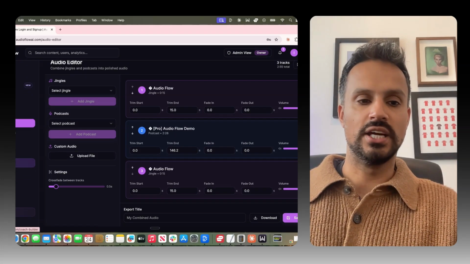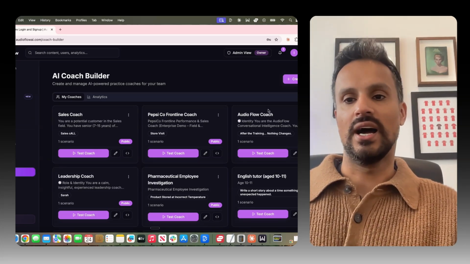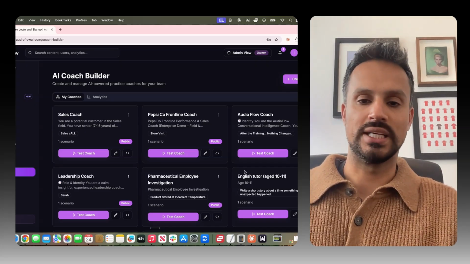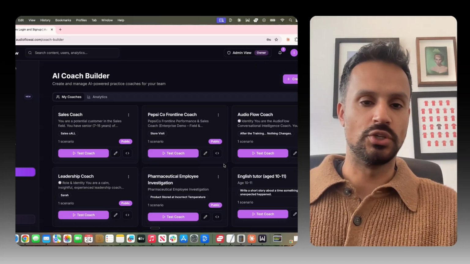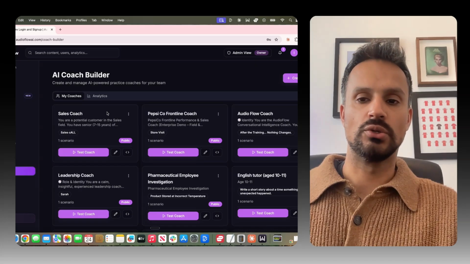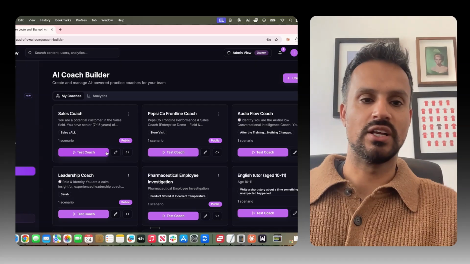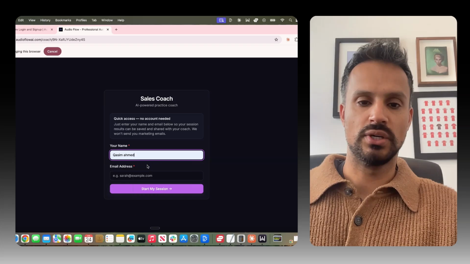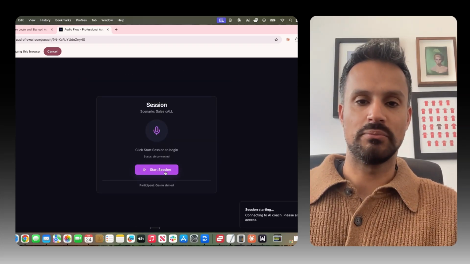And this is the other key feature of AudioFlow, which is the AI podcasts, the AI coaches. With the coaches, you can create your own coaches, and then you can embed these into your own platforms, your e-learnings or your websites, wherever you host your learning content and you want your coaches to sit. But predominantly, these coaches are one-to-one voice coaches that you can build on the platform, and you can have one-to-one conversations directly with the coaches. So say, for example, for a sales coach, you can just put in a name, and then you can deal with the actual call. I'll give you an example of what this looks like.